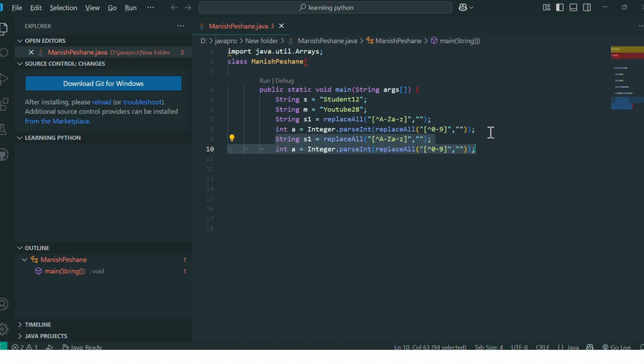We can copy and paste here because it is the same, s2 and s1, a1.